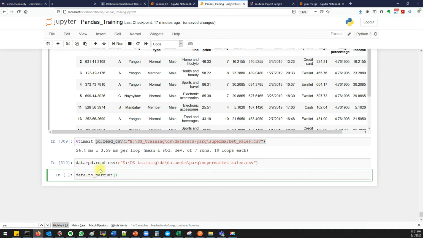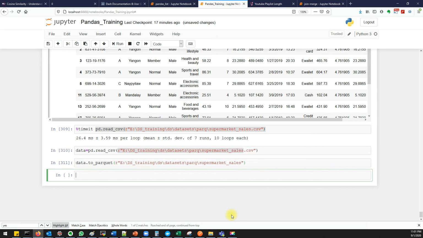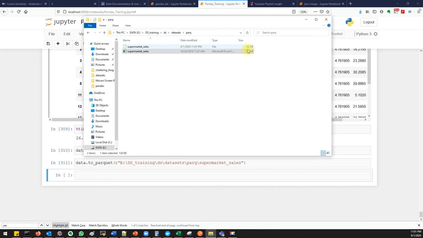That simple, it's not complex. Now I'm writing it as a Parquet. Let's go to this folder and see. Did you see the actual size of the CSV is 129 KB, and the Parquet file is just 62 KB? It reduced the size by almost 50%.